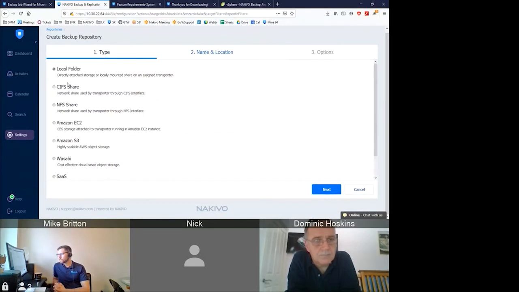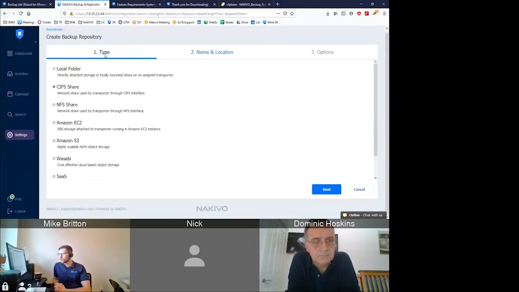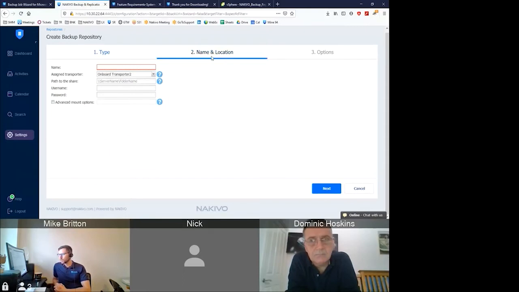Then CIFS share. Obviously you need to provide the path and credentials. And you see there is also an assigned transporter. With this, you can select which transporter you would like to use to do encryption, compression and dedupe in that backup repository. So there must be some processing power connected to the transporter. The repository that you're identifying there via the path,